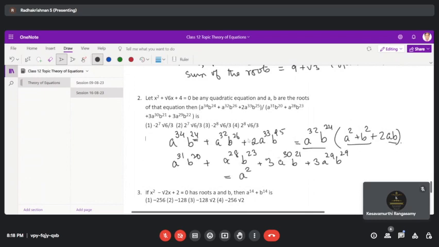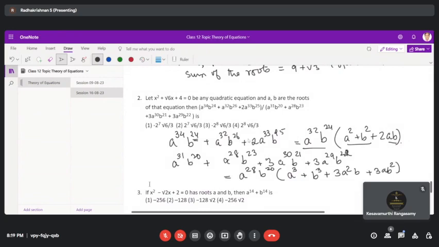So you take out a power 28, and similarly b power 20. This is 22. So when you take it out, this becomes a cube plus b cube plus 3a square b plus 3ab square. So you see that they are all simplified to